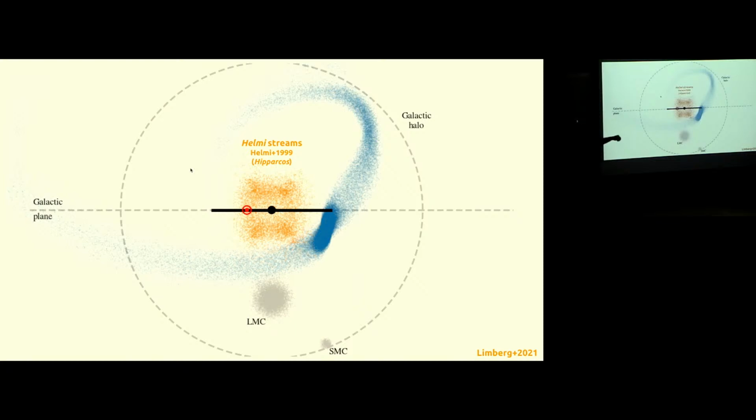And then moving on, with the advent of Hipparcos, which is ancient to me right now, this astrometric mission was very close to the sun, basically stars that were 100 parsecs away from the sun. People were able to use astrometry from Hipparcos to calculate motions of stars around the Milky Way, around the sun, and specifically by doing this for low metallicity, metal-poor stars around the sun, people were able to use the motions of stars, specifically the angular momentum vectors of stars, to find this thing that we call the Helmi streams nowadays.